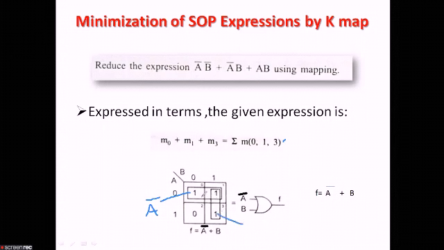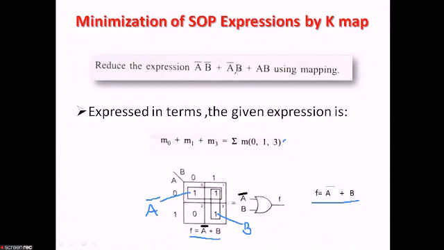This set is over. Now this set means these 2 ones. Now here again see, the value of A is changing. The value of A in both these boxes is 0 and 1. So this is changing. We are only left with B, that is 1. So it is B. So what we can say is that the value of F is equal to A bar plus B. Plus means there will be an OR gate. So F is equal to A bar plus B.